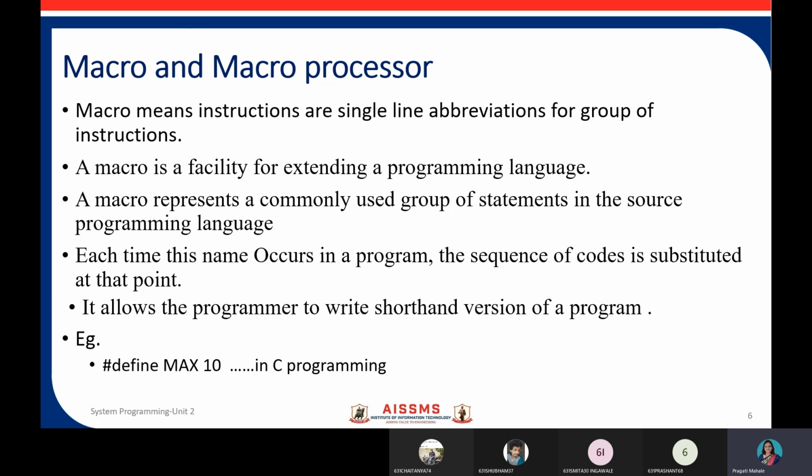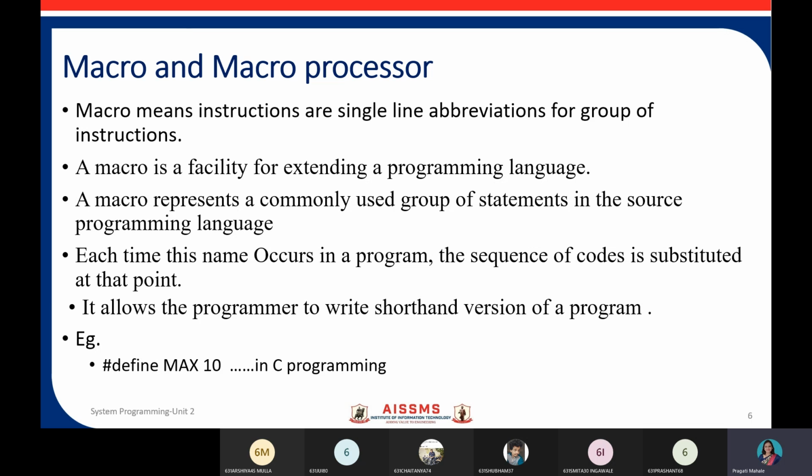You can see at the end of the slide, there is one example saying #define MAX 10. I think you are very much aware of this statement that we use in C programming. Here, MAX is a particular kind of macro. #define is an inbuilt programming facility which tells the compiler that this is a macro with the name MAX, and wherever MAX is seen in the entire program, we need to replace it with the number 10.